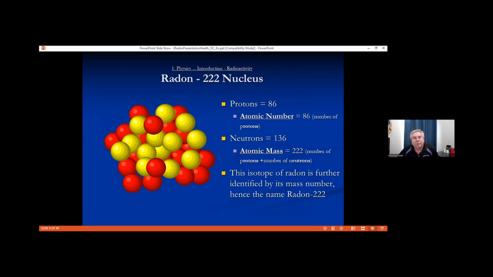And in order for it to be called a radon, it has to have 86 protons, and that's the atomic number, 86. In order to get 222, the difference between 222, which is atomic mass, and 86, it means that there has to be in that atom 136 neutrons. So 86 plus 136 gives us 222. And like I said, that's the most common radon in our environment right now.